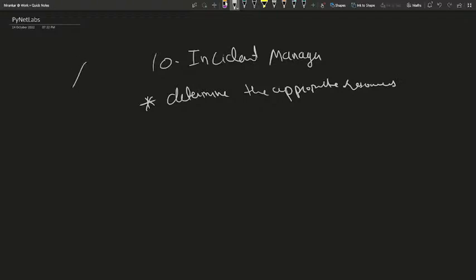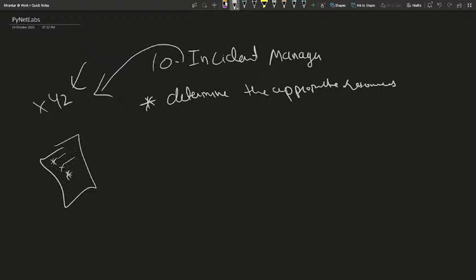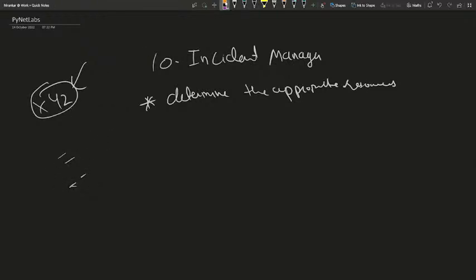Now, suppose there is a security breach in an XYZ company. First of all, the incident manager will respond to it and take some notes, like when it happened, what to do next, where the vulnerability goes, and what the updates for it are. He or she will take a note of it and send it to upper management for review. So incident managers are the first ones to handle it.